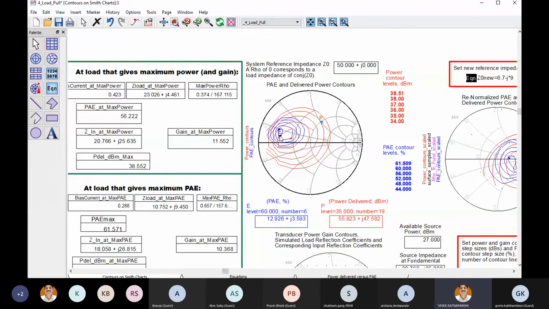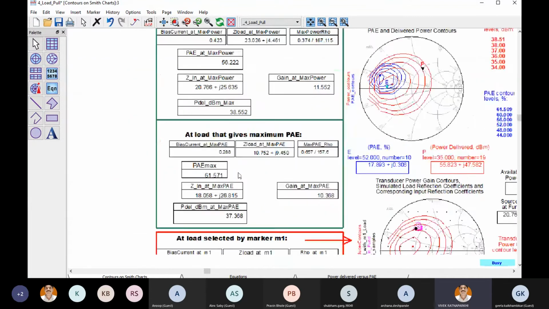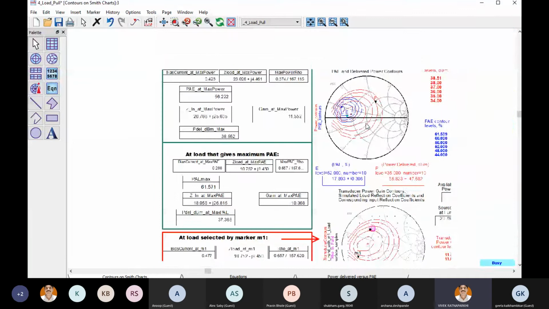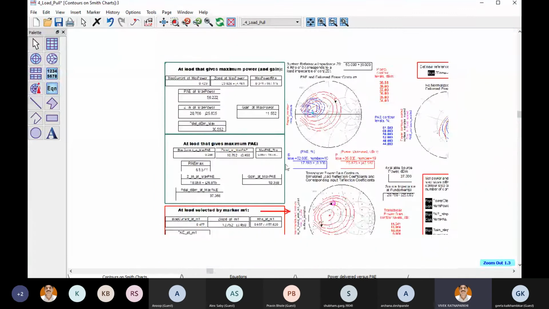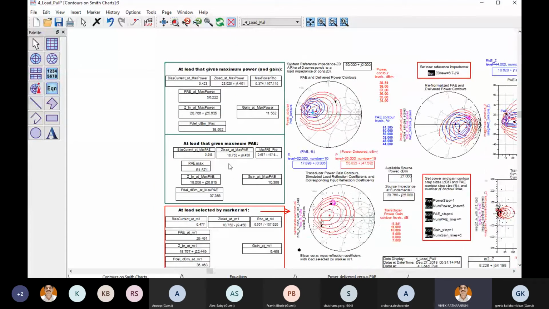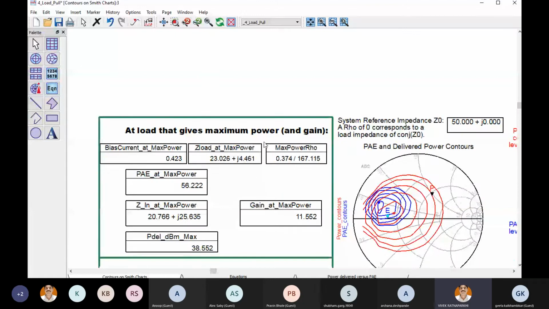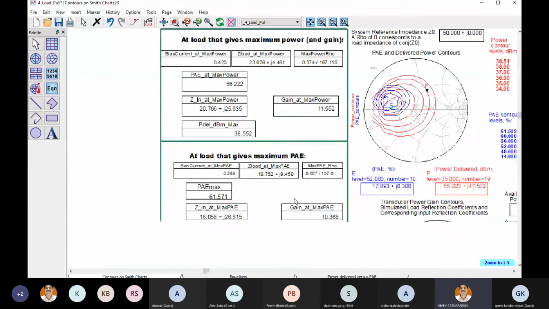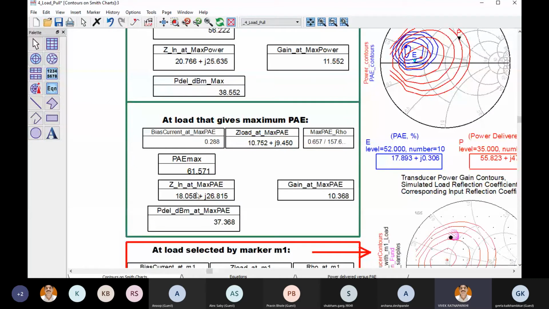Similarly, if you change these impedances for PAE, the impedance is changing and PAE is also varying. Likewise, you can understand the effect of these things. So this is the minimum which I have explained with respect to this. There are a lot of things which we can understand. This is actually for maximum power, the load values for maximum power. Similarly, we have a set of Z load, Zs or Zin, you can say, for maximum PAE.